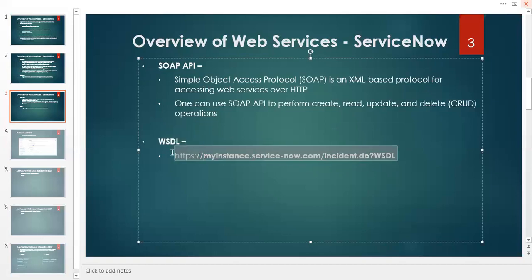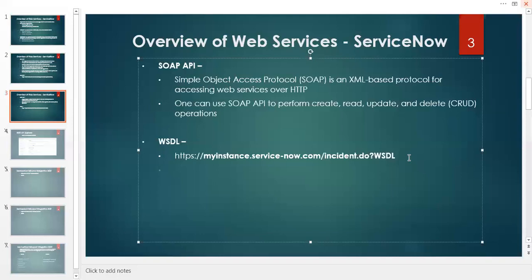This is one of the WSDLs for incident. Further, both protocols have methods which you can use to create, update, delete, or get the records. So this is how you can use web services and enable communication between two tools.